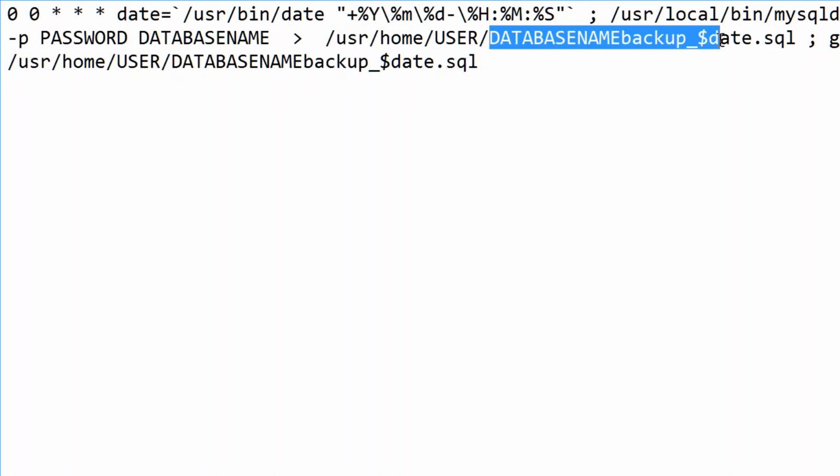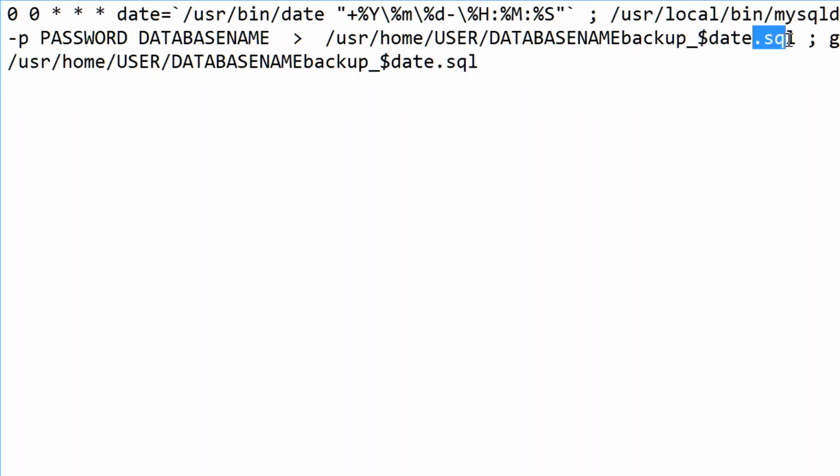backup_, and we're using the variable date, which is here, so it'll get filled in with whatever day, hour, minute, second that it's being run. We're running it with the .sql extension. And saying once that's done, go ahead and gzip that file that it just created. And that's it, guys. It's creating a backup, it's gzipping that file for you, and it's running this automatically